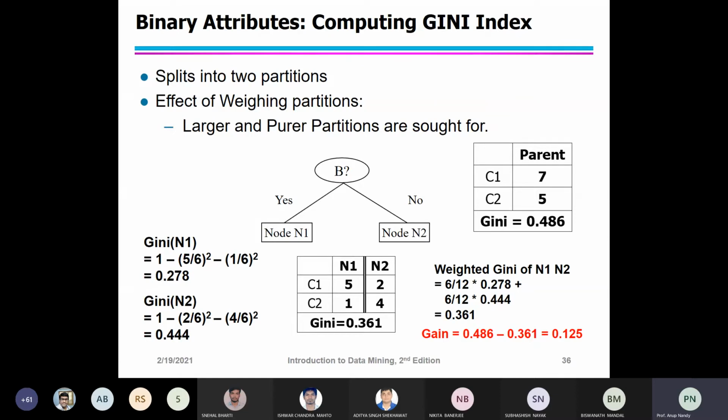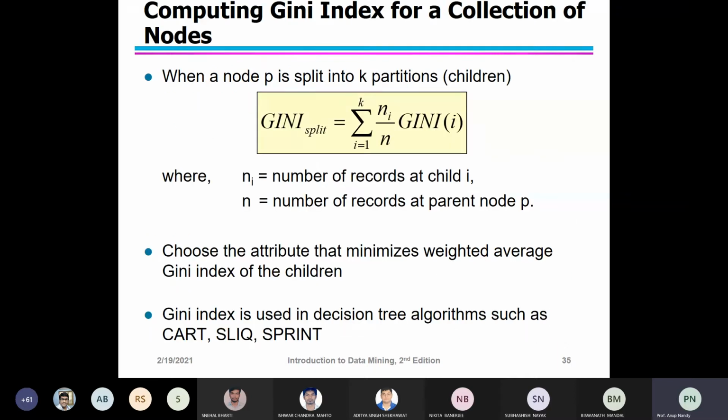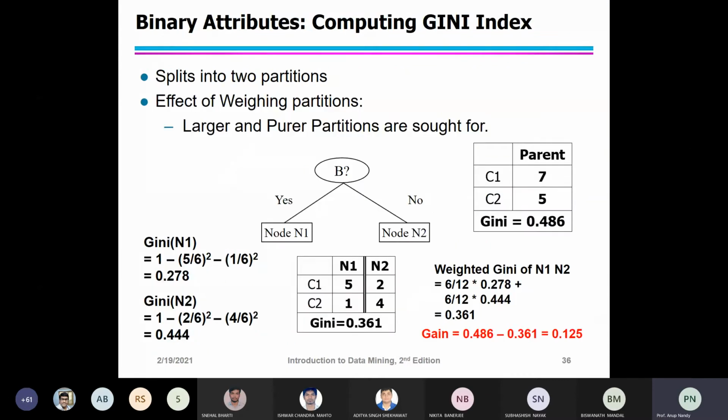Next, you have to compute the weighted average of the Gini index for the descendant nodes. The weighted Gini of N1 and N2 is equal to 6/12 into 0.278, which is the Gini index for N1.